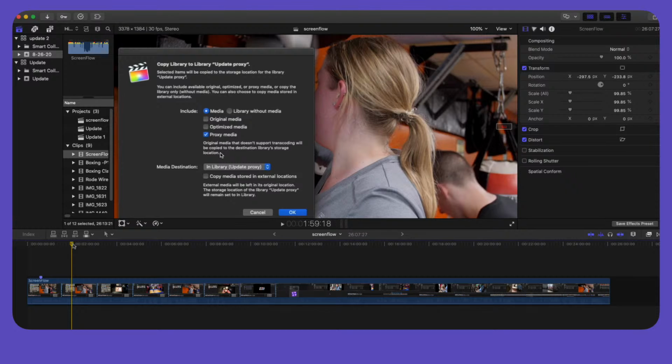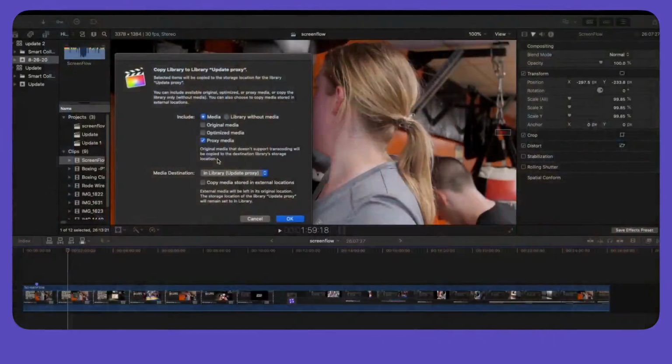You can now make a library without media in Final Cut Pro. So I keep my media outside of my library, so I always have a small library file that I can duplicate. But now in Final Cut Pro, you can actually make a library without the media, right there. Proxy media